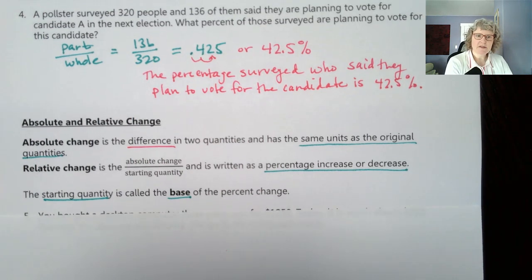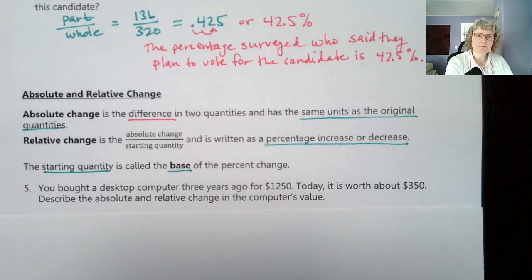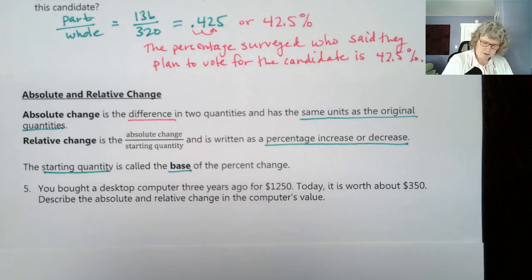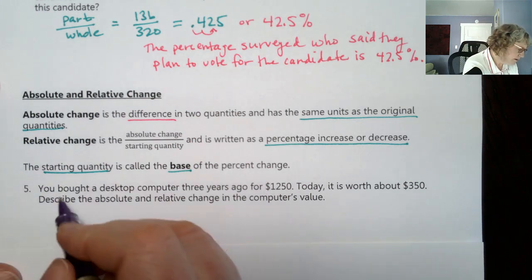Okay, so let's do an example with this. Let's say you bought a desktop computer 3 years ago for $1,250. Today it's worth about $350. Ouch. Describe the absolute and relative change in the computer's value. Okay. Hopefully it's worth a little bit more than that, but technology changes fast. Okay, so the absolute change